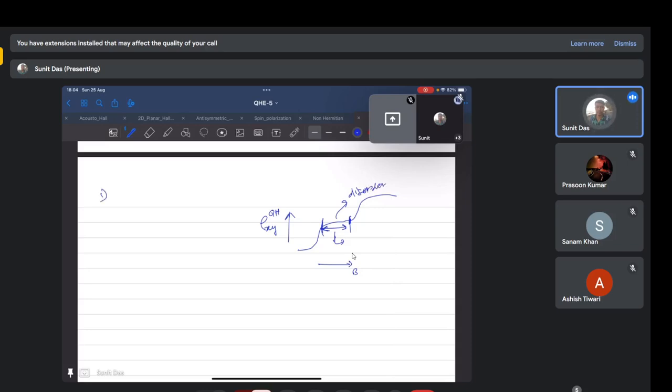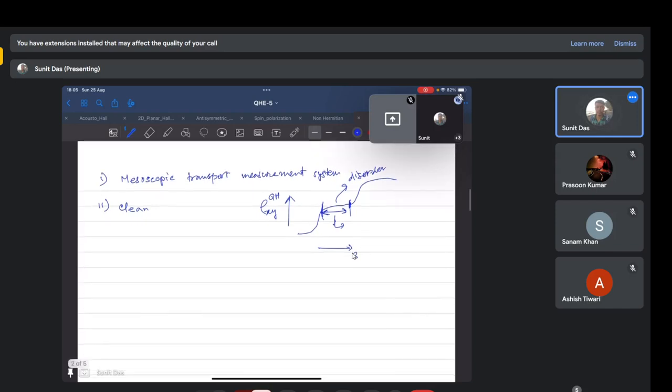So this had a role of disorder. There are three things that I've told. One is that it should be a mesoscopic transport system. Mesoscopic means low dimensional systems, transport measurement system. And second, my sample should be clean enough, but not 100% clean. Some role is there for the disorder. In experiments, whenever we make a realistic device or realistic material, there is always some bit of disorder. So, a clean system,